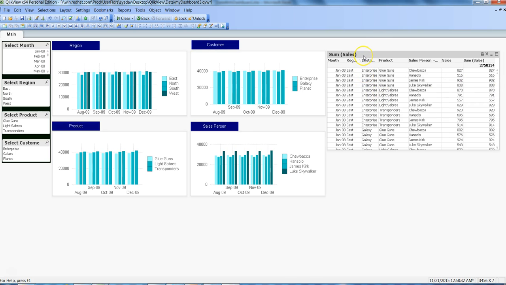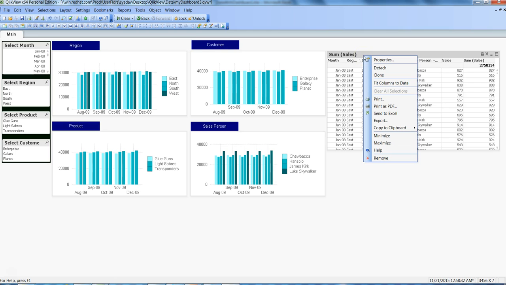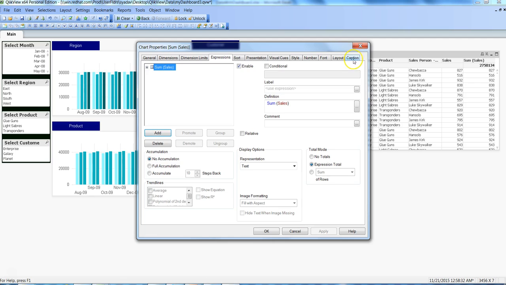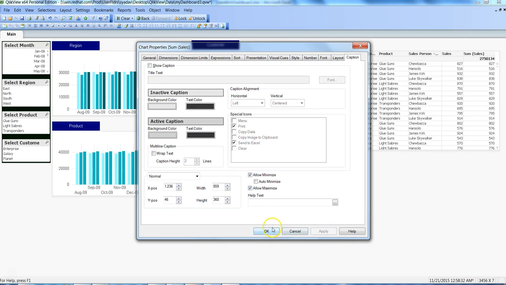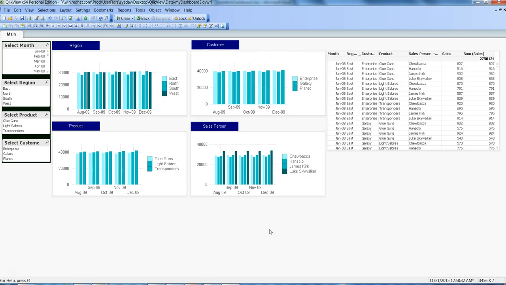So we will just remove the caption of it, following the same method. Just right click on it and go to the properties, and from caption just uncheck show caption and say apply. Now you can see the table is displayed nicely. So this way we can